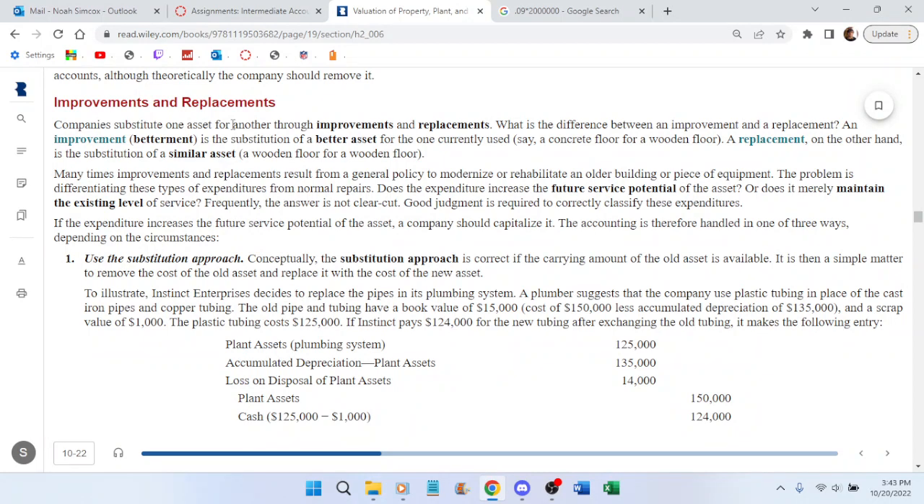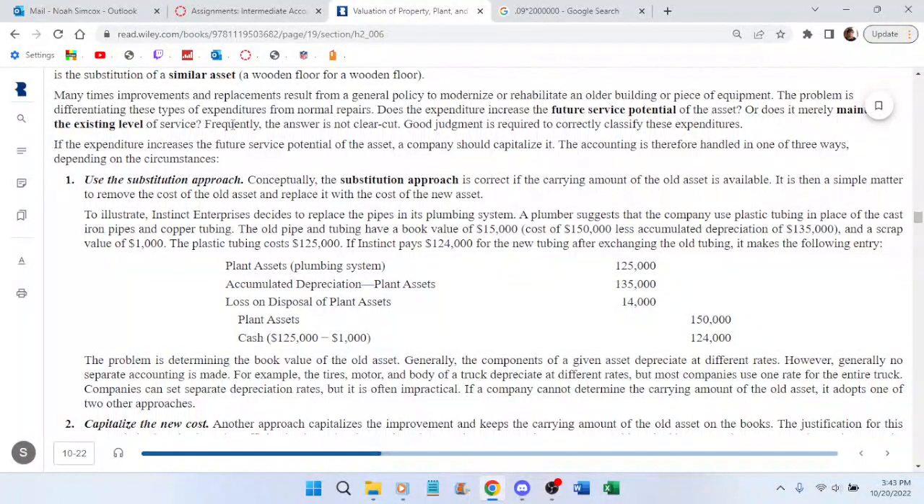Let's say that it increases the future service potential of the asset. Oh, come on. There's 3 different ways? You've got to be kidding me. Here is one approach you use. If the carrying amount of the old asset is available,